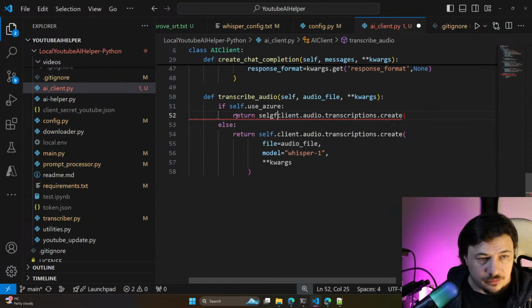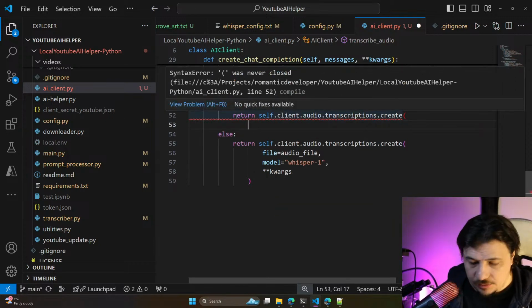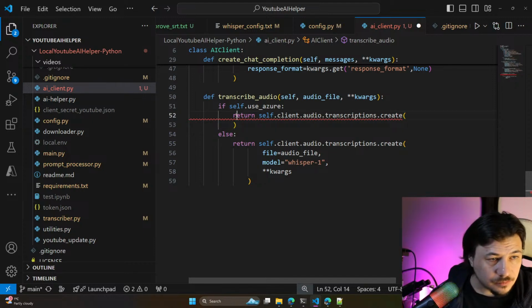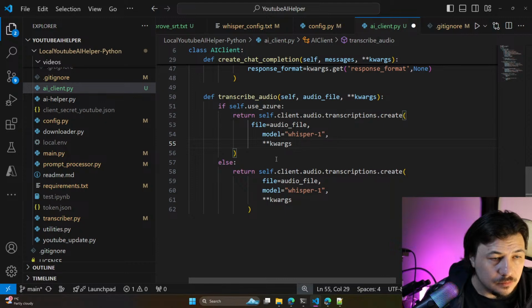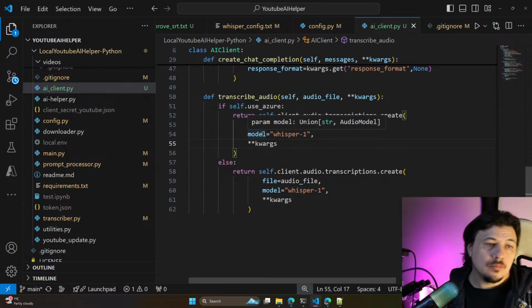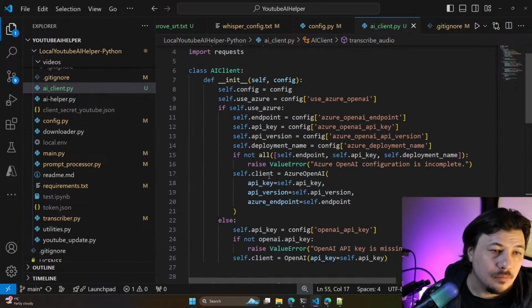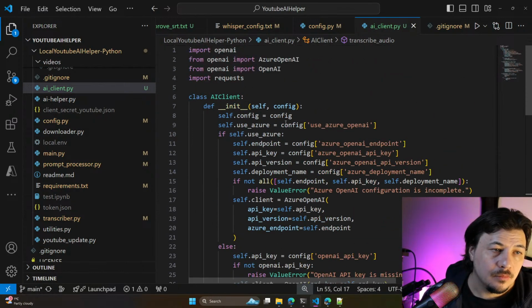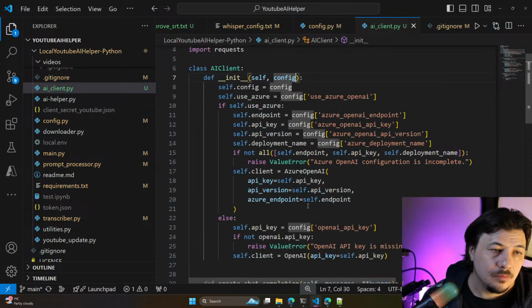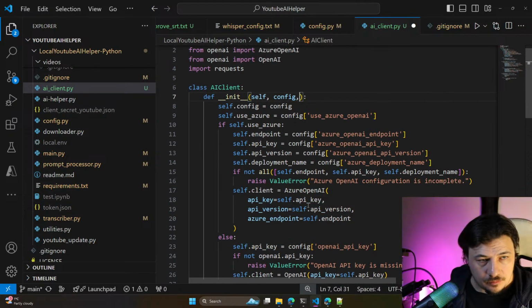Return self client create... whisper config.